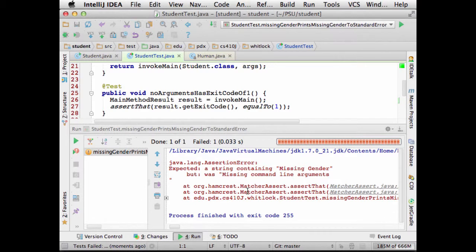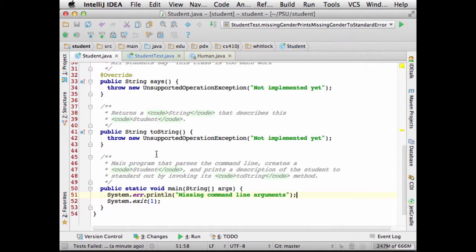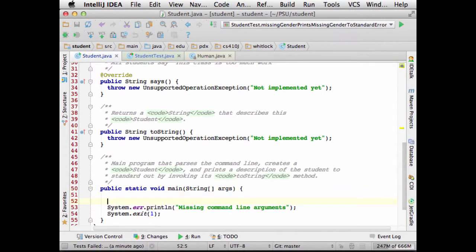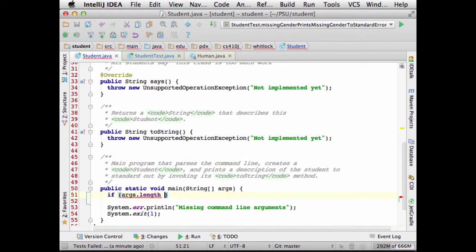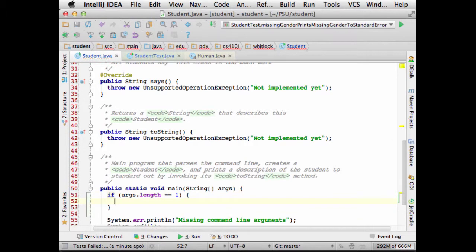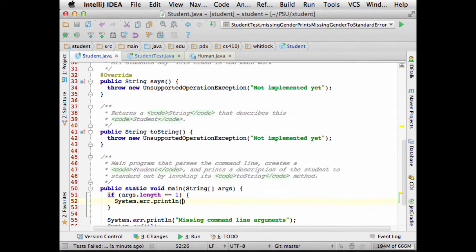Anyway, okay, so I ran it, and it said, okay, I expected a string containing missing gender, but I got missing command line arguments. Okay, now it's red. Let's go make it green. So let's go back to our main method. What do we need to do here? I think someone was talking about the length of the array. So if args.length equals 1, so we've only got one, we should say System.err.println